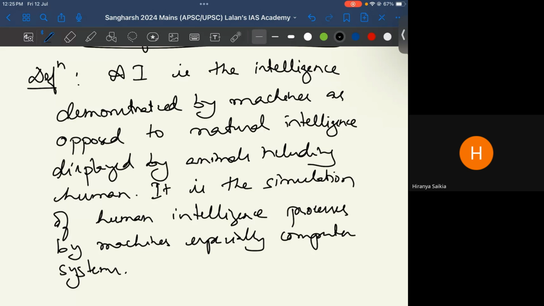So AI development has shown the most important thing. The first is what is intelligence. As understood by humans, intelligence is problem solving ability. And the development of AI has demonstrated that there is nothing unique about human intelligence. We proudly say I am sharp, or my son is sharp, but this is a joke. Not because a machine is able to perform it, but because the machine is able to perform it because it is able to replicate the processes that go behind the intelligence processing in a human being.